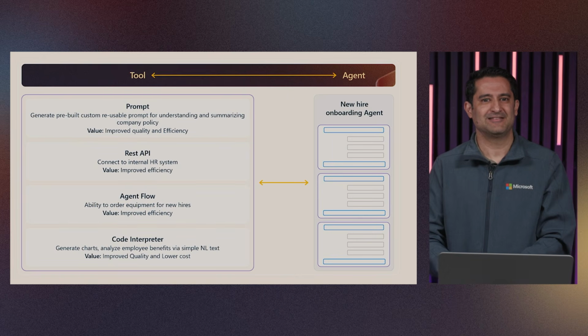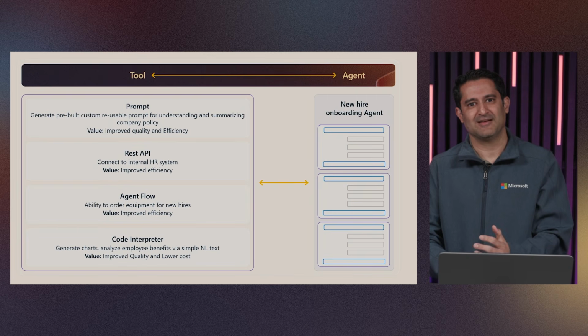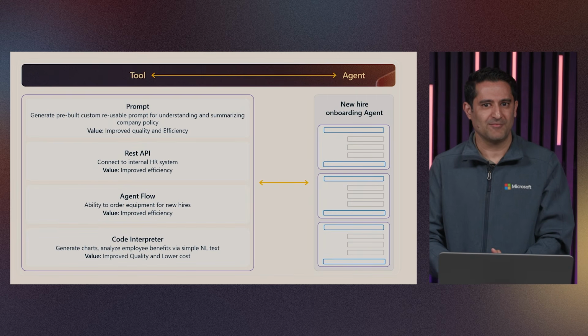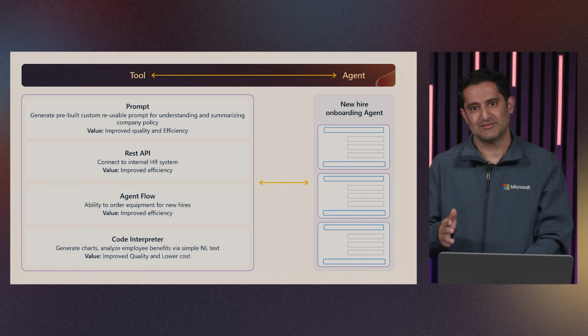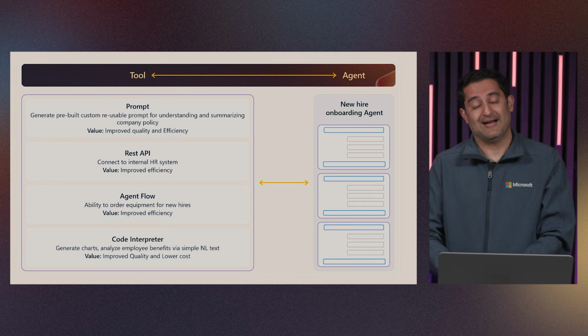All right, so that was super exciting, John. Let's see what we learned today. What we saw today is basically, in this scenario, Taylor using the world-class AI tools. First, she uses prompt to summarize company policy. Second, she then uses REST API to connect to internal HR systems. Taylor also uses Flow to place orders for the new hire. And as a bonus, in the end, Taylor leverages Code Interpreter to analyze employee benefits and address the new hire